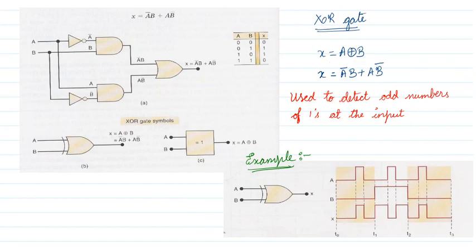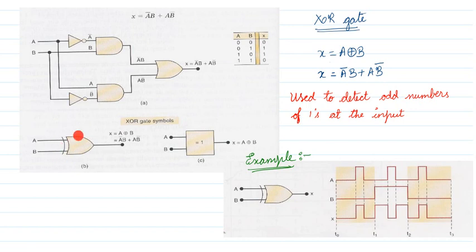Next is the XOR gate. This is one of the important gates. The symbol for the XOR gate is this plus and circle symbol. So XOR, now this is a notation. This is the symbol. Okay, OR gate: if we have a curve before that OR gate, this is called the XOR gate. This is the XOR gate symbol, right?